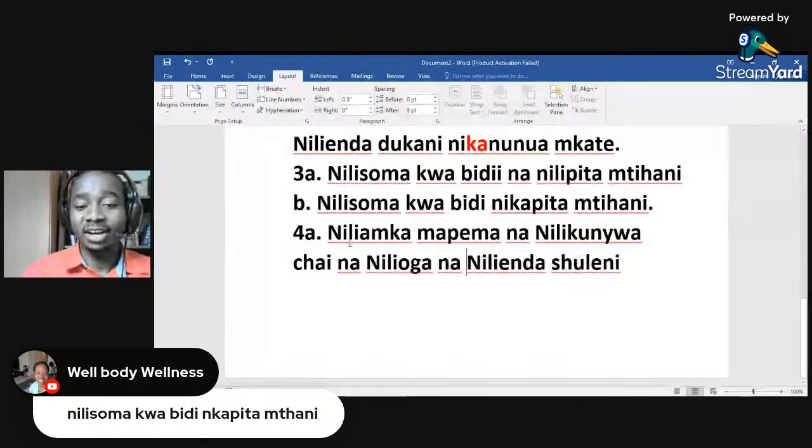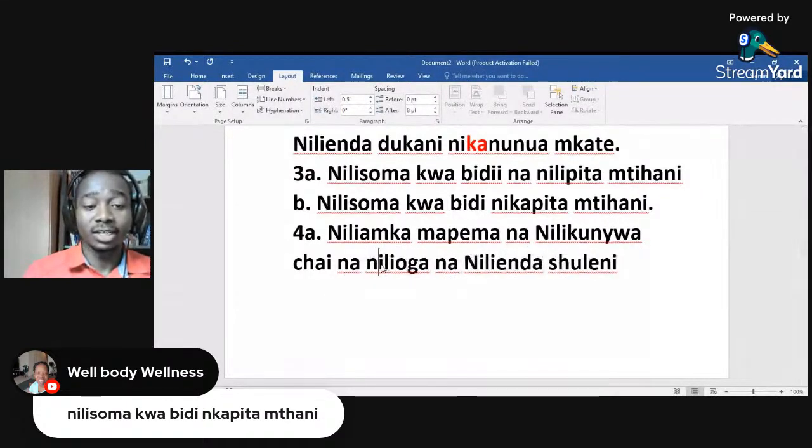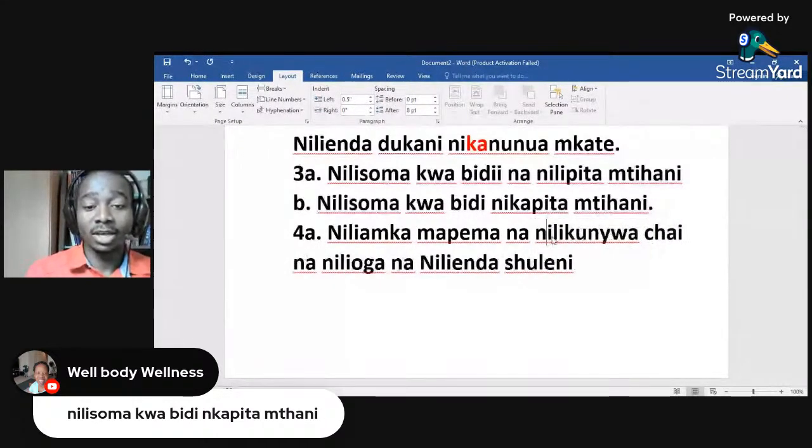So when you say na here, it actually seems very, very poor Swahili. So you need to use that ka. Niliamka mapema na nilikunywa chai. So try to write this one here. So here, niliamka mapema na nilikunywa chai na nilioga na nilienda shuleni. You can use this one. There is another word like